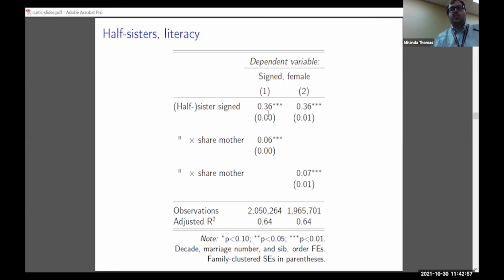In addition to sharing a father, if they also share a mother, it adds another 0.06 on top of that 0.36. So in other words, the association between literacy is 0.36 if you're half sisters, it's 0.42 if you're full sisters. So knowing that you share a mother gives me additional information about how similar children are. Not particularly surprising, but this is controlling for the father. So the mother does do something to the children independent of the father. I can do the same thing for two women who share a mother and may or may not share a father. It has a very similar effect. Again, I'm finding symmetry in the effects of parents.